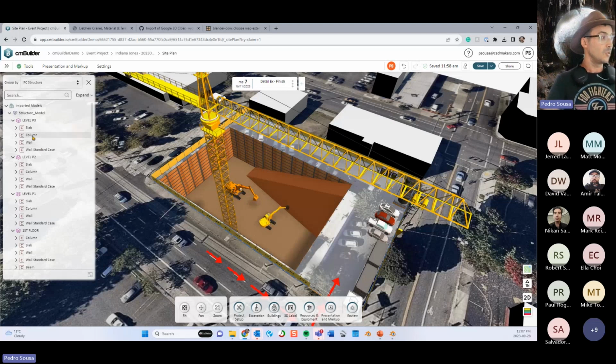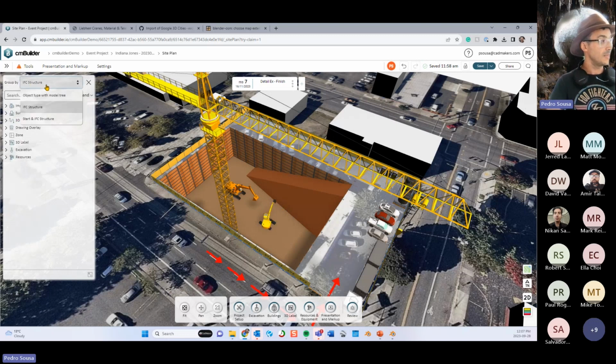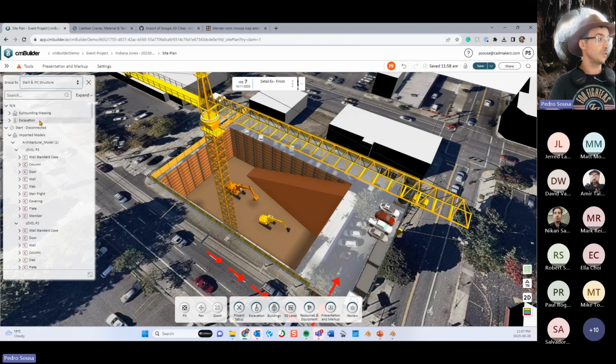Okay. So all of that is going to be now exposed to you over here, the IFC classes. And the second method over here will only change what you see for the imported models. All the rest will be the same. And the third method, the start IFC structure, will expose all the parts, but they will be grouped by